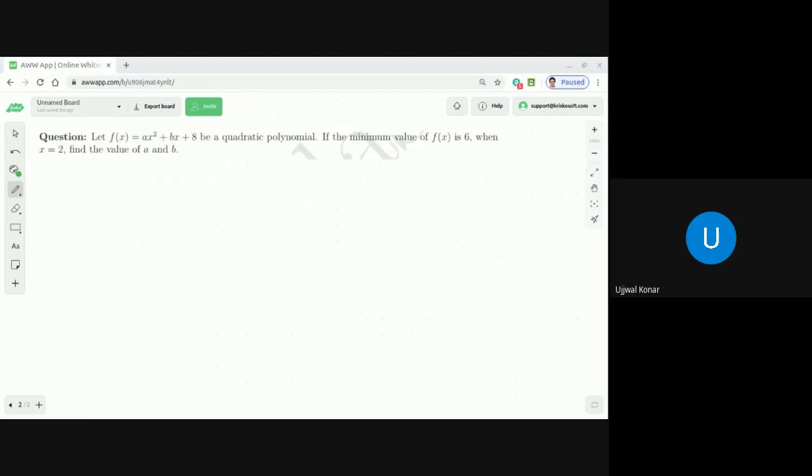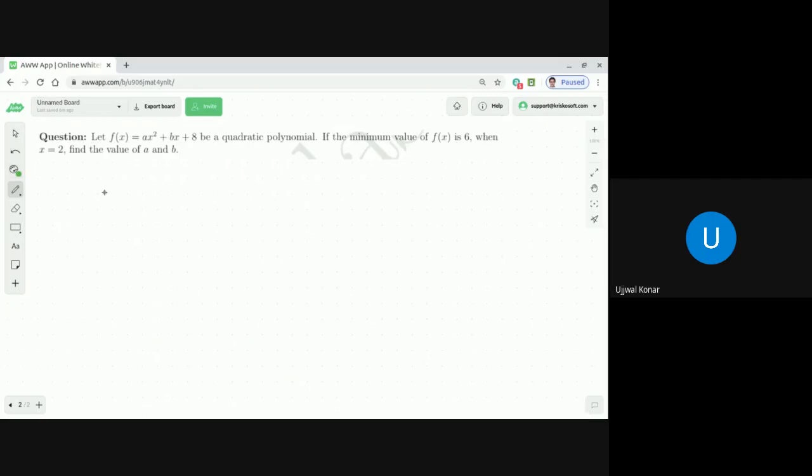So according to the question, what is given, dear students? What about others? All of you, please join me in discussion. Disha, what are you doing? Please share your data. Srijita, Devanshu? I got A as 1 by 6 and B as minus 2. Okay. Your value of B is correct, but A is not correct.